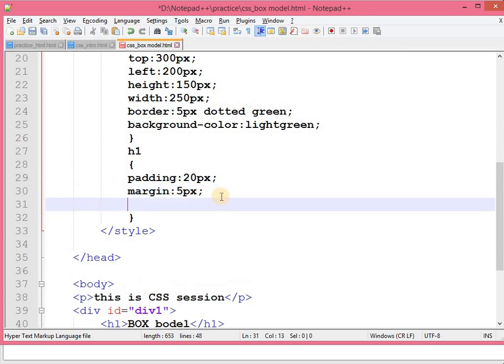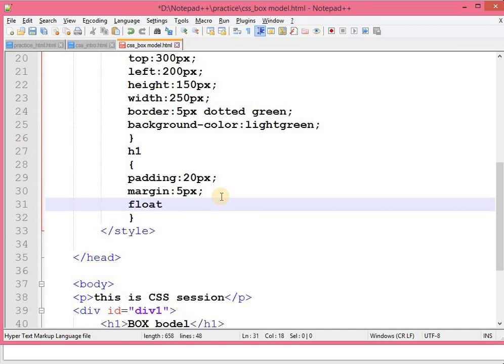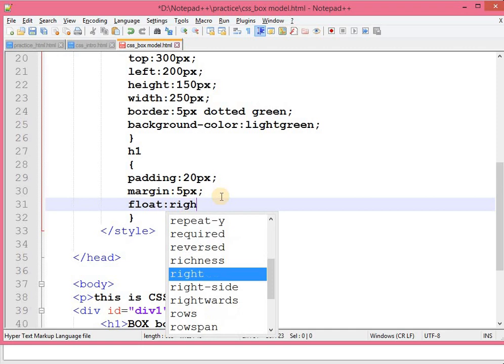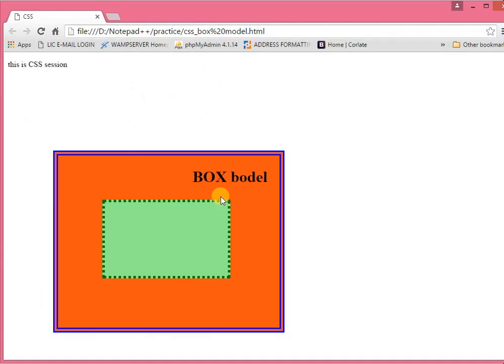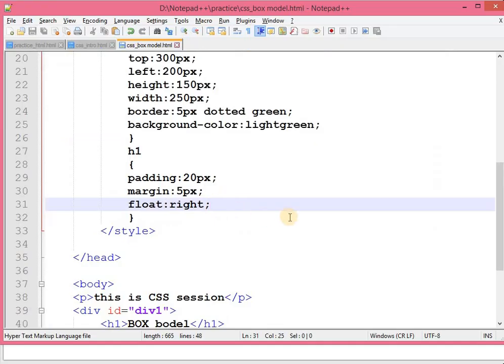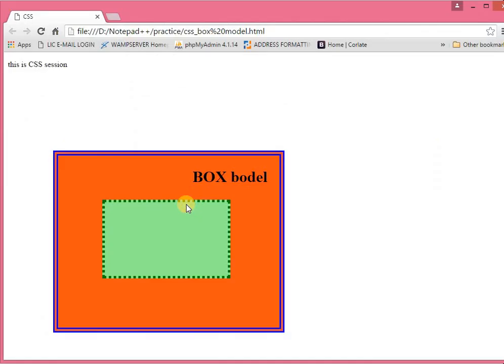Now what I want to set is a property, so I want to float it to the right side. Okay, so it will be shown this way. Now if I change it to left, I can also set it like this.